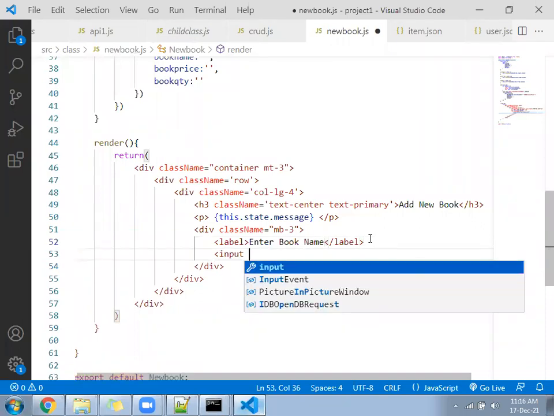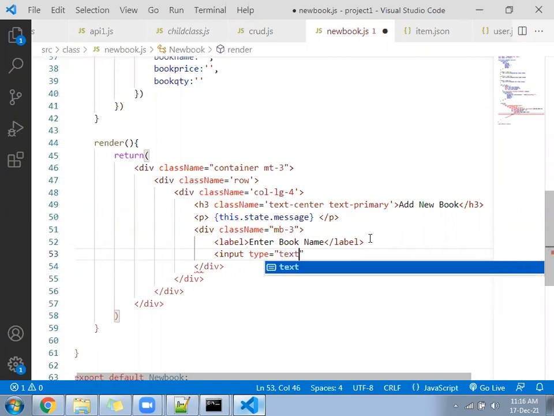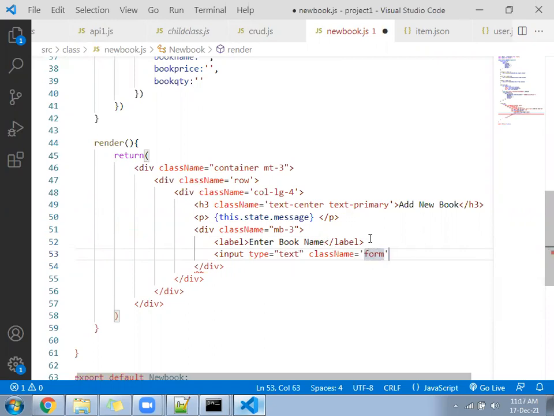Input type equal to text, className equal to form-control.